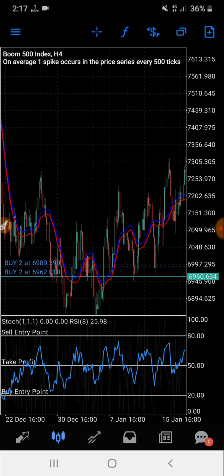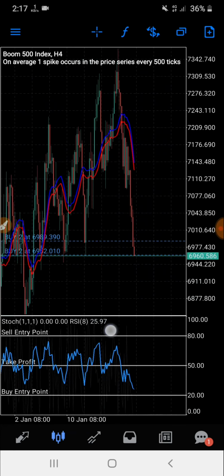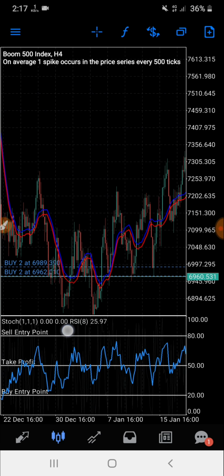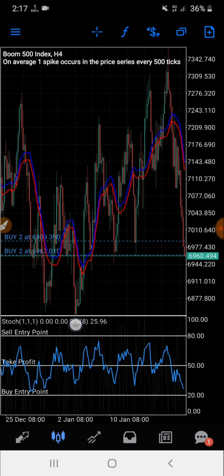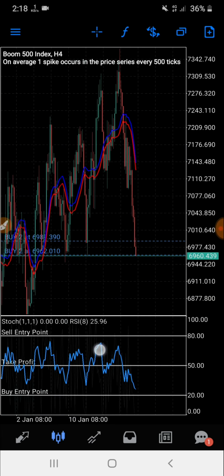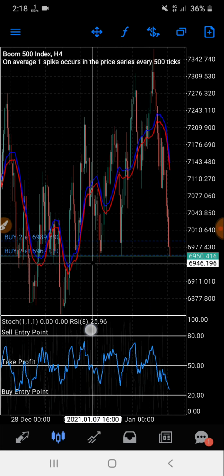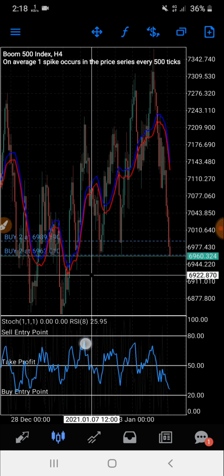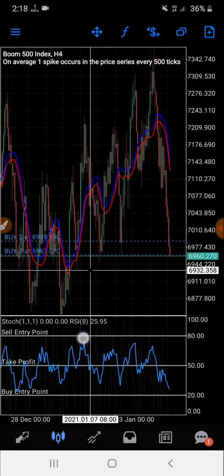You're going to put your stop loss just a bit below the previous reversal point of a strong support or a strong resistance, just a bit above if it's a resistance and just a bit below if it's a support. So we're going to come over here and say, okay, yeah, it's good. I could have put it here, but it's going to be too much. But just because I'm operating on a large account, I can, yes, okay. Yeah, it's okay. 6930. Alright, so we're going to put our stop loss at 6930,